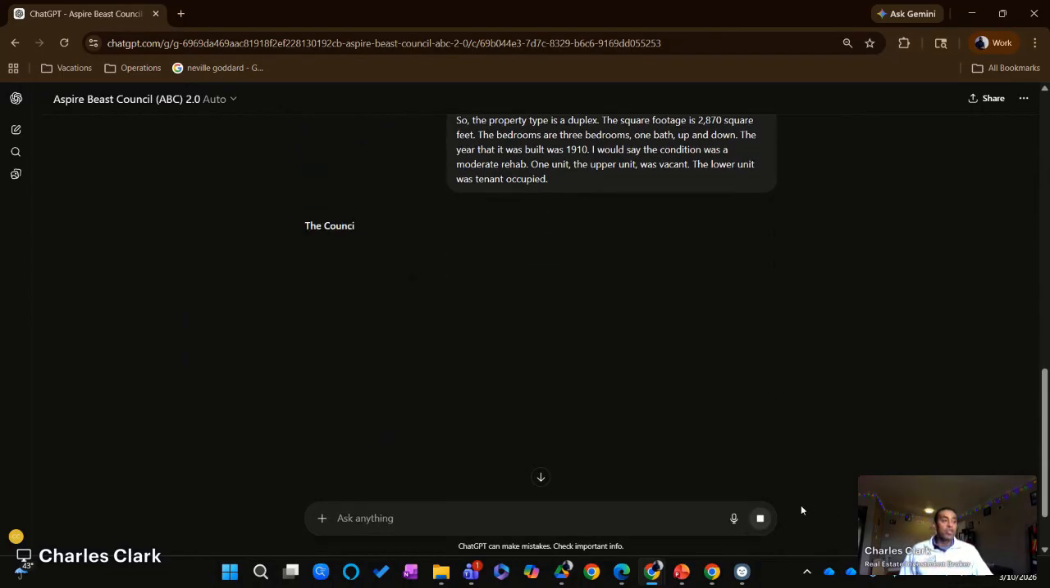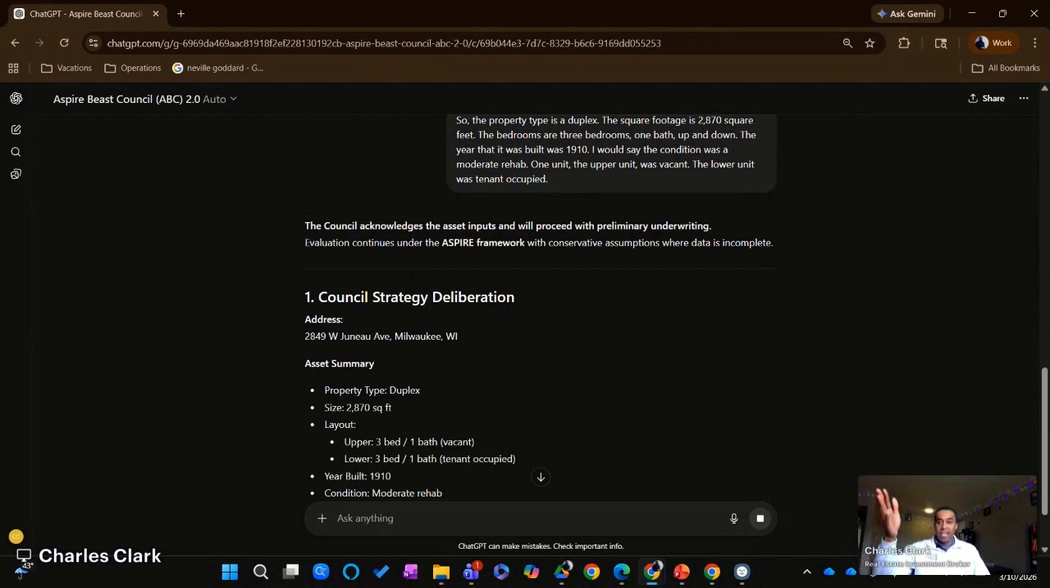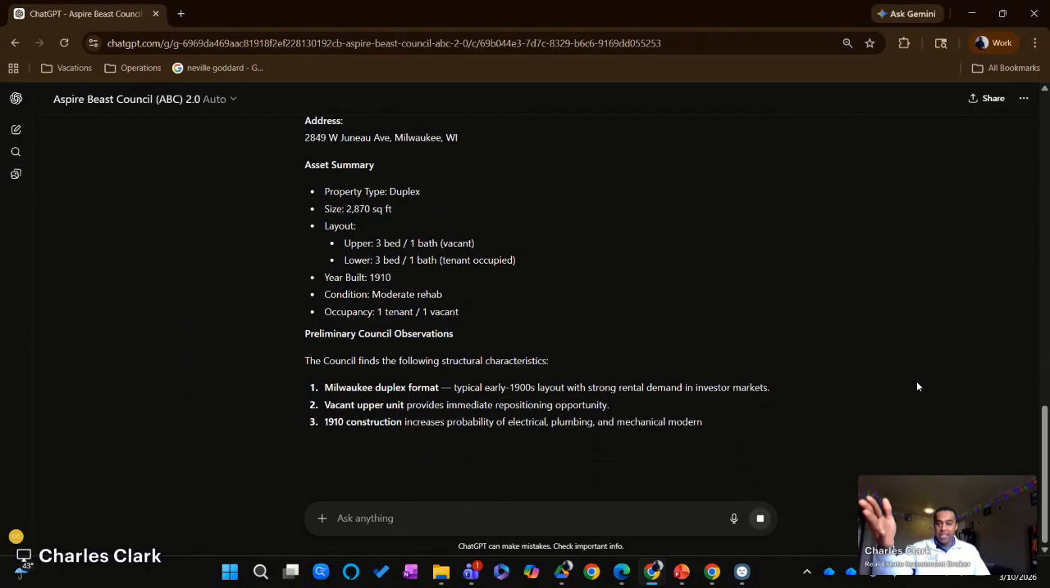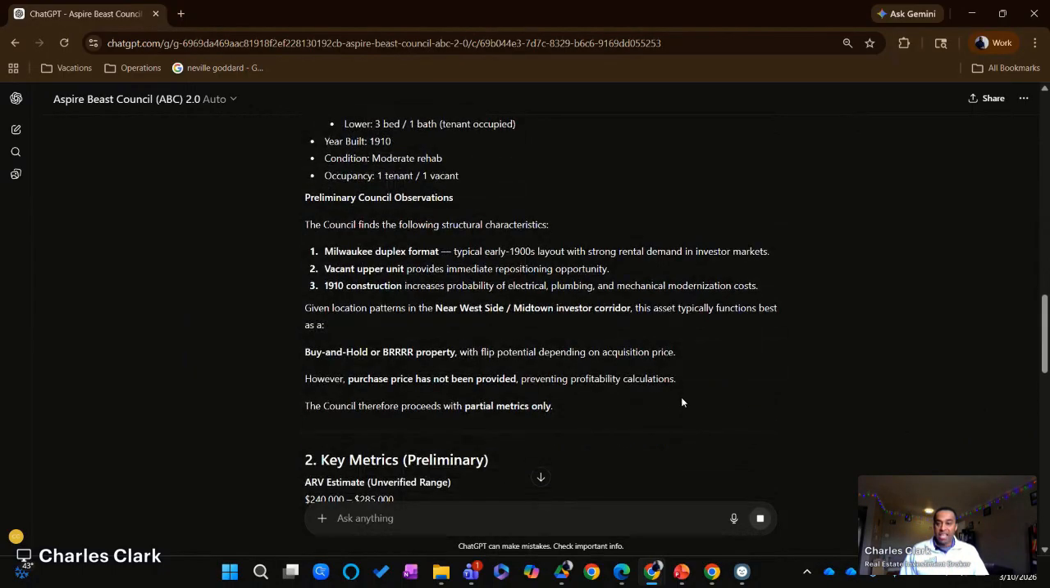So now what it's going to do is take this information and assess it and give you all the information, right? So now it's going to go through it. Obviously I gave that information, but now the council, that's what I call it, is going to format certain things, right? Milwaukee duplex format, typically early 1900s, vacant upper unit. So it's giving me a little bit more assessment. It's telling you near West Side, Midtown, Investor Corridor,